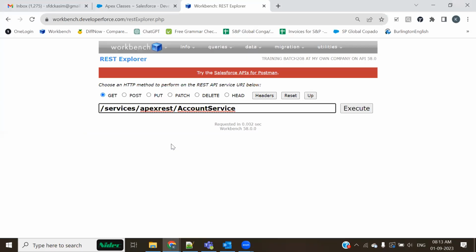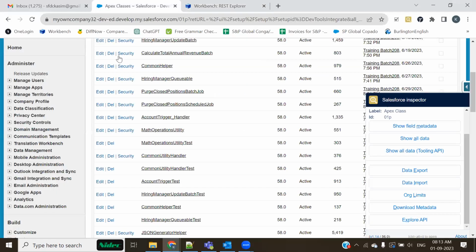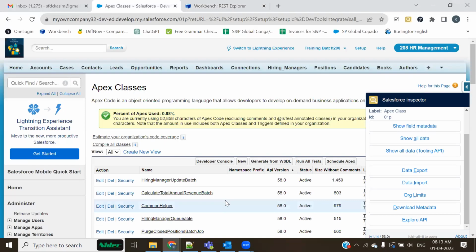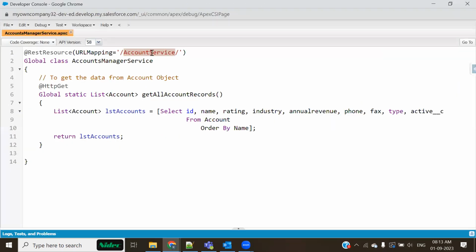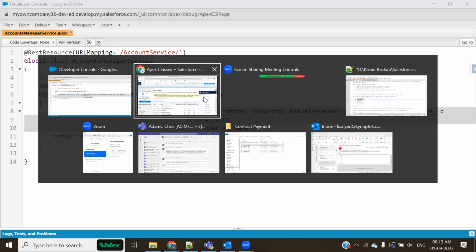So I'll have to give the name of this, right? As and when I would execute this, so what it is going to do, ये जो workbench application है, ये जाके कनेक्ट होगा हमारे Salesforce के साथ, और वहां पर वो हिट करेगा इस पर्टिकुलर API को, वो ढूंढ के निकालेगा। और ये क्लास क्या रिटर्न कर रही है आपको? It's going to return all of the data inside the account. वो सारा डेटा जो है वो आपका,